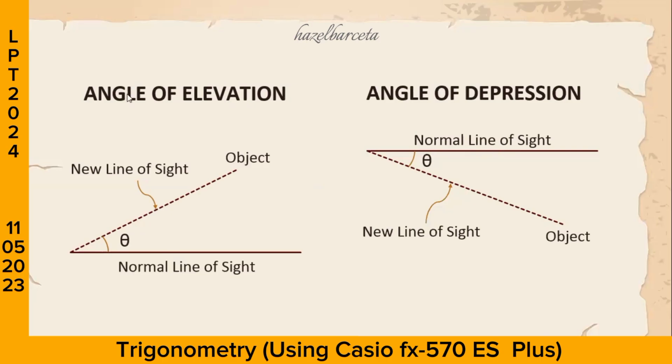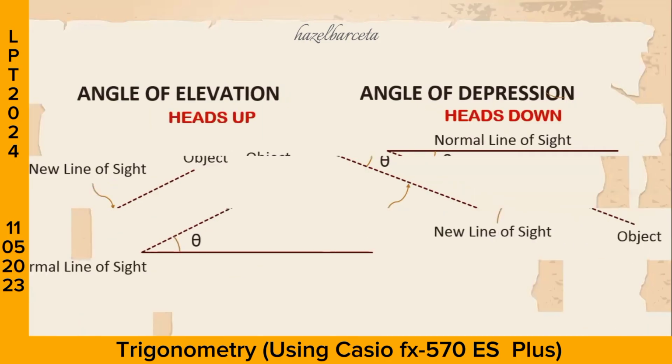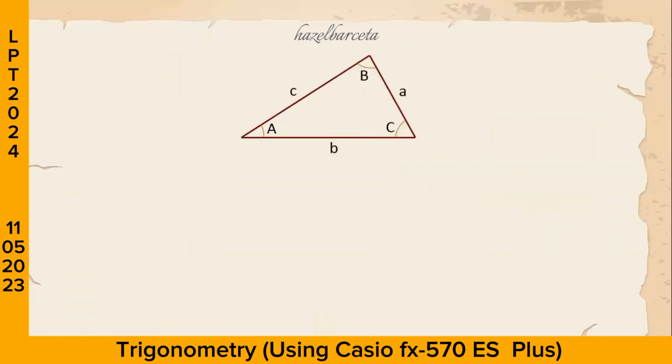Again, angle of elevation and angle of depression are always measured from the horizontal. Okay? Huwag po natin yung kakalimutan para hindi po tayo malito. Okay? So, kapag angle of elevation heads up, angle of depression is heads down. Okay, so that's it. We have this